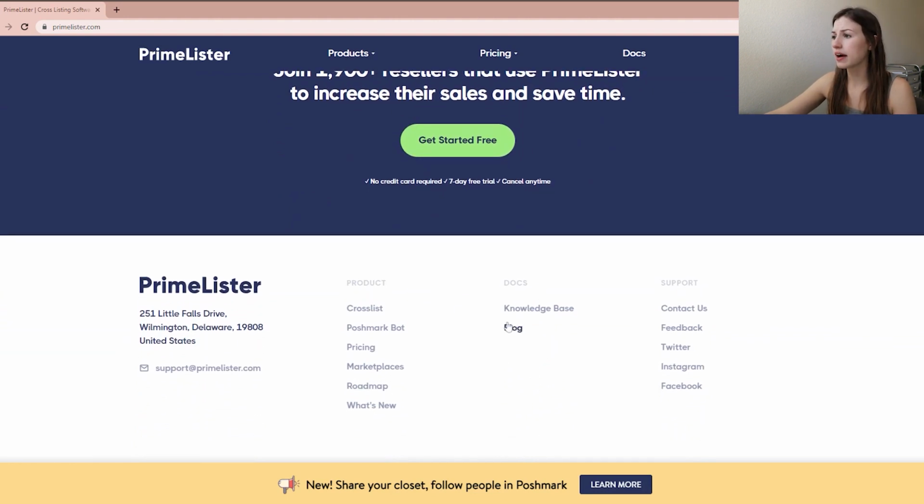They also have a blog and knowledge base. You can also contact them directly. If you have a suggestion that you want to see built into their service, then they are open to suggestions